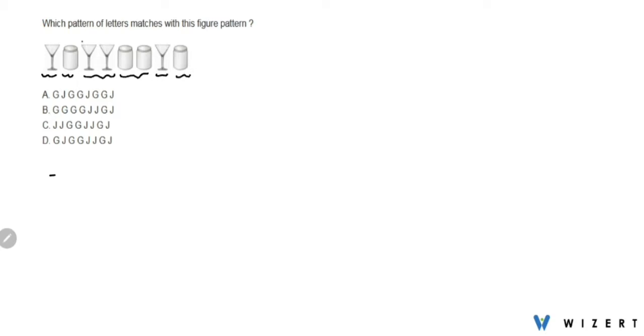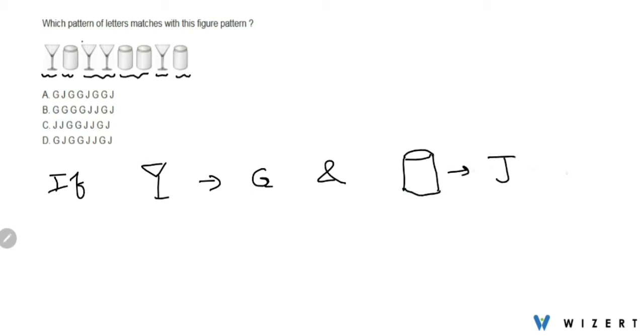So let's say if we represent our glass with the alphabet G and we represent our jar with alphabet J, then we can see that some pattern will be created, and that pattern of letter